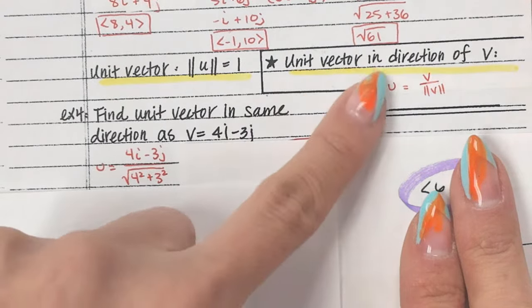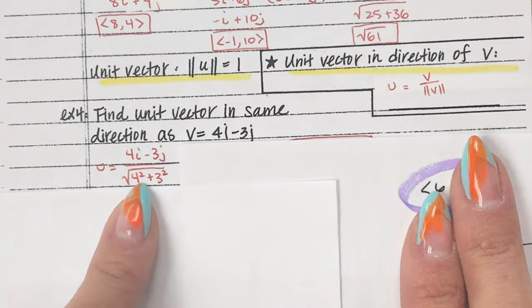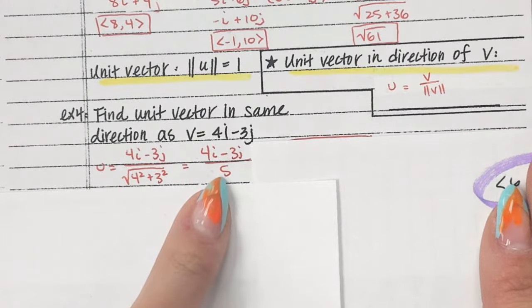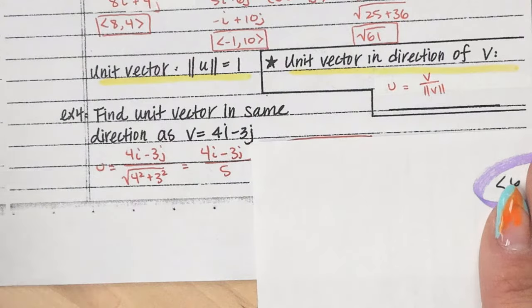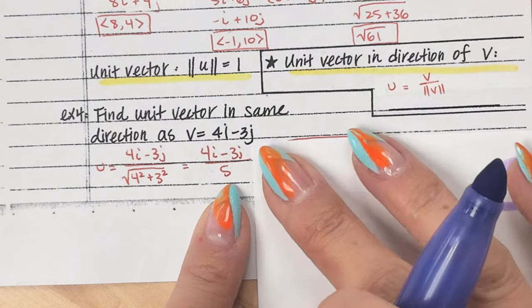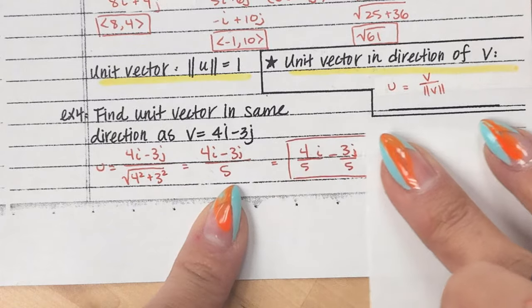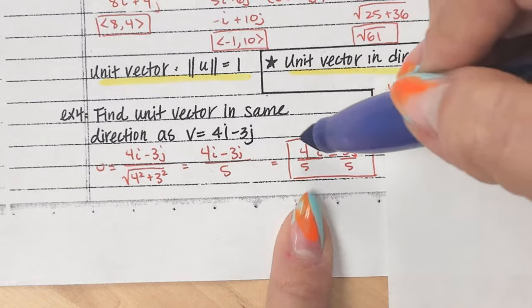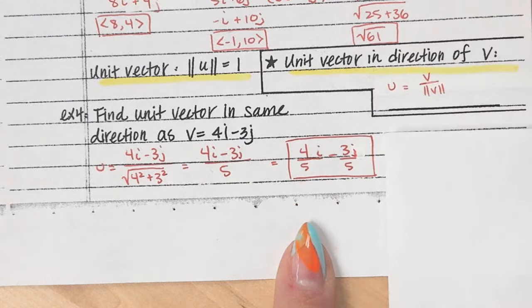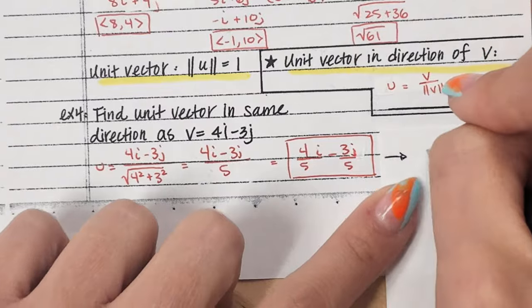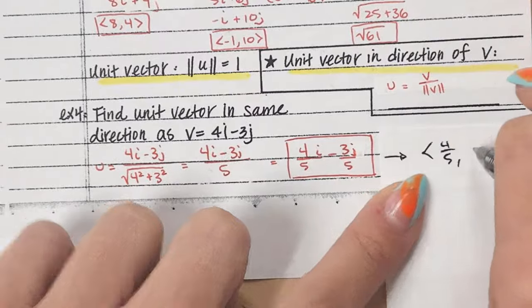So I just write it this way, U equals, and then here's the magnitude on the bottom. I keep going. That's going to give me 25, which is 5, right? Square root of 25. And then I can leave it like this. That is totally fine. But usually you're going to see it this way because this makes more sense, which is to actually split it up into a horizontal component and a vertical component. And then if I was going to write this as its own vector, I would write this is the same as 4 over 5, comma,